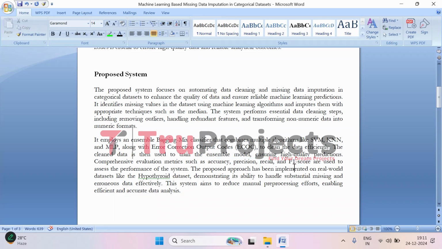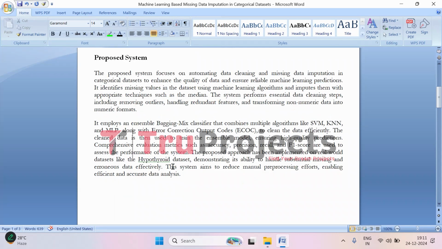And the approach has been tested on the real world data set, that is hyperthyroid data set, which contains missing and incorrect data. Despite these challenges, the system handles the missing data effectively, ensuring that predictions remain reliable. By automating the data cleaning process, the system significantly reduces the manual effort typically required, saving the time and improving the efficiency. It also ensures that the final data is of high quality, leading to more accurate insights and decisions. Overall, the system aims to streamline the data analysis, making it faster and more accurate. To further improve the